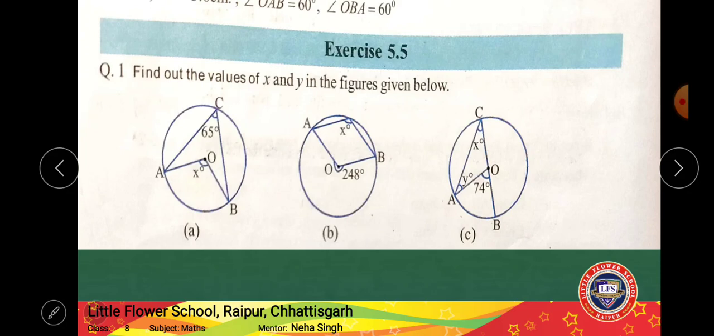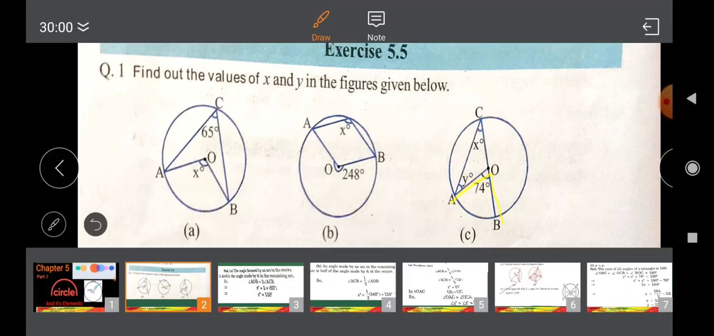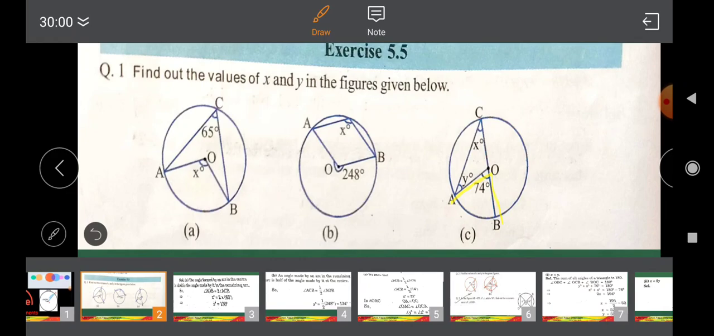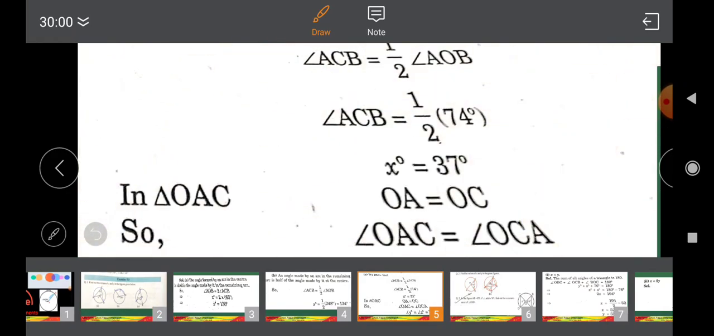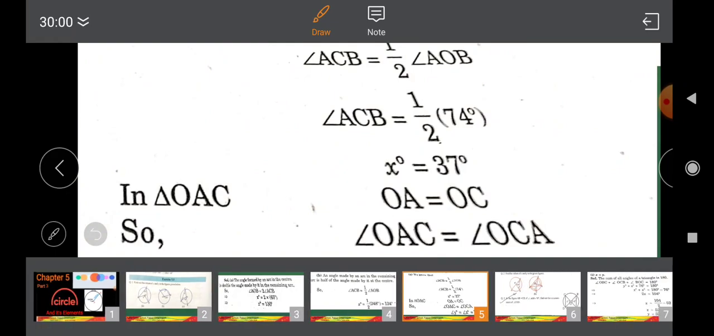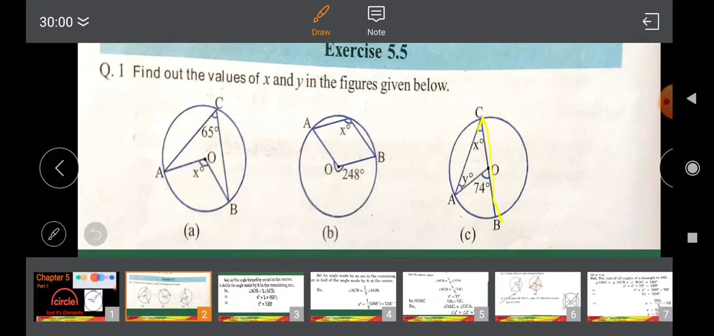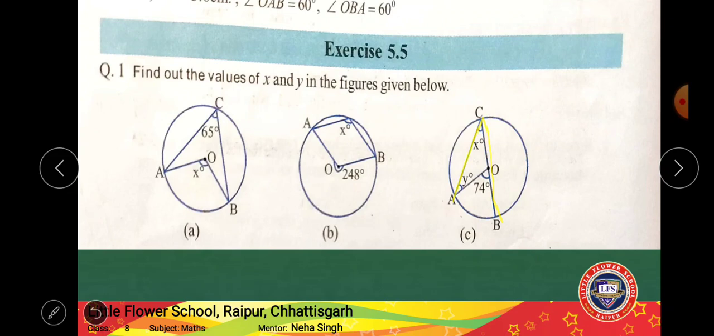So this AOB is given how much? 74 degrees, right? AOB is given to us as 74 degrees. Here also we will see that ACB will be half of AOB, right? ACB is the angle subtended at the arc, and AOB is at the center, and we know that the angle subtended at the center is twice the angle subtended at the arc, or we can say that the angle subtended at the arc is half of